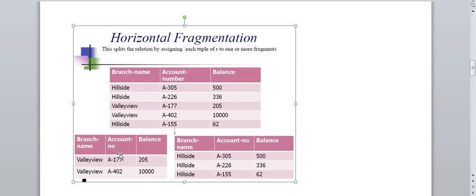So the information of Valley View is here and the information of Hillside is here. Based on this criteria, the branch name Hillside goes in one table, and the Valley View branch name goes in another table. This type of fragmentation is known as horizontal fragmentation.